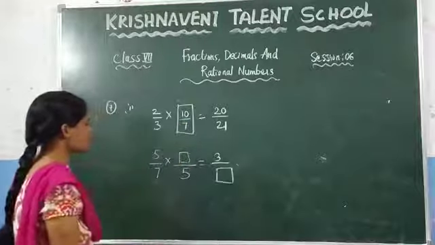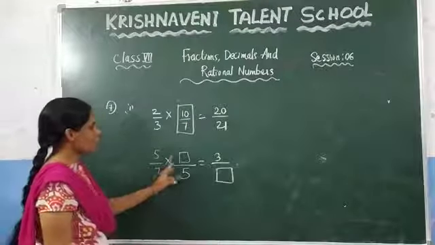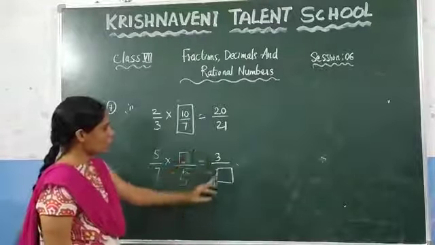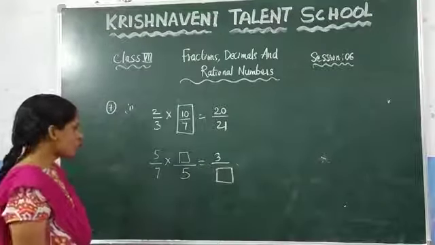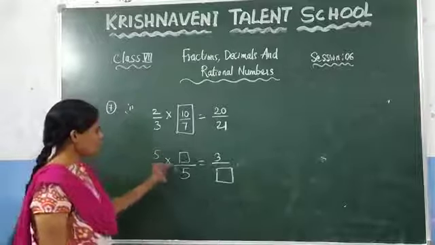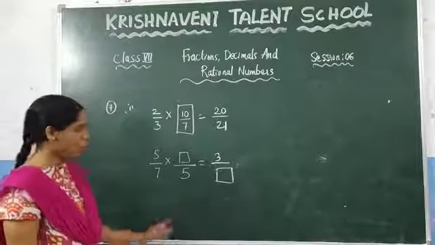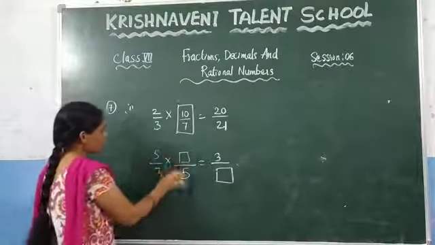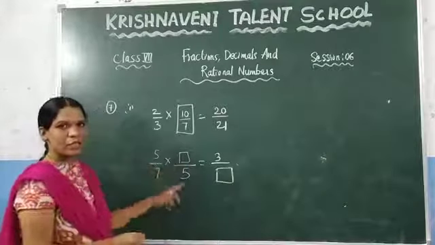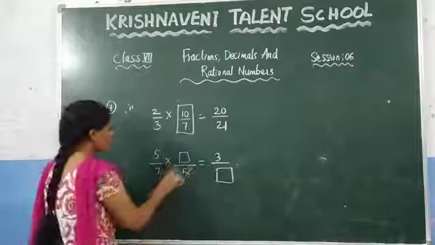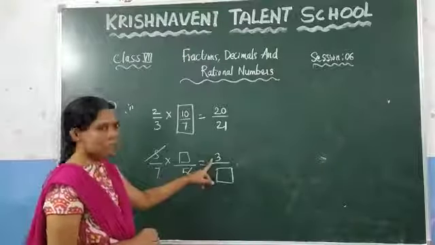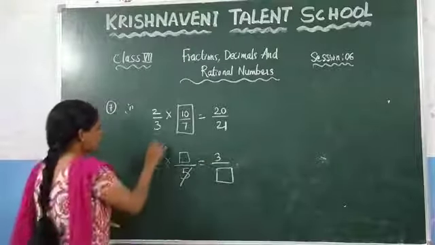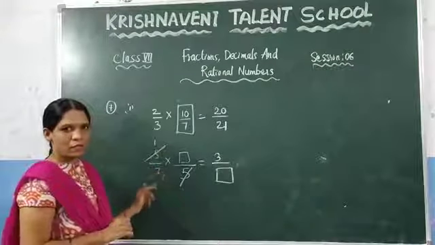Now see the next question. Here they did not give the numerator, and in the result they did not give the denominator. Now you need to fill those blanks here. Before filling this one, observe these two fractions. If you observe this one, you can see that these two are the same. Right? Here 5 is there, here also 5 is there. You know that this 5 will get cancelled. And now you can observe that here 3 is there. Here which number will be there? 1 will be there if it gets cancelled.